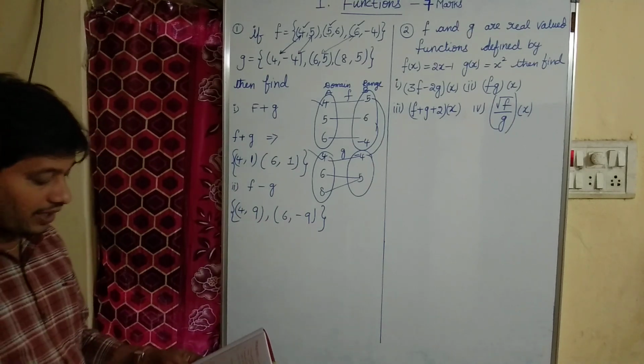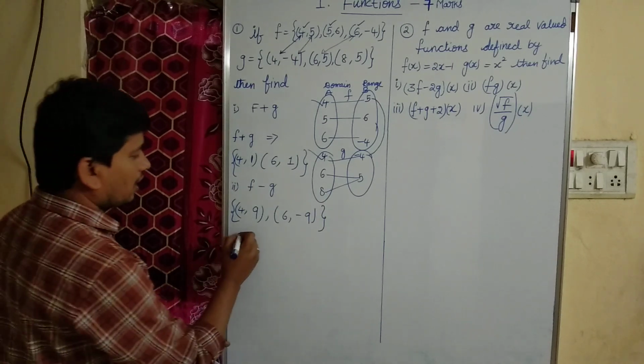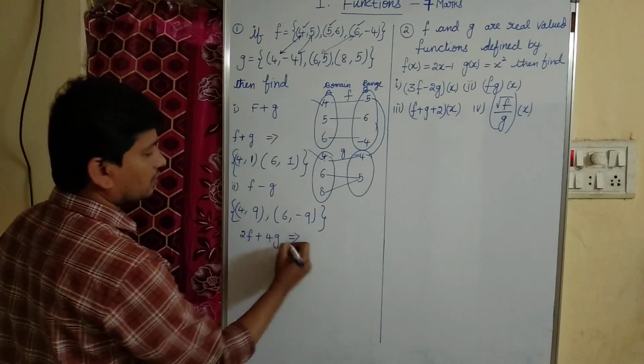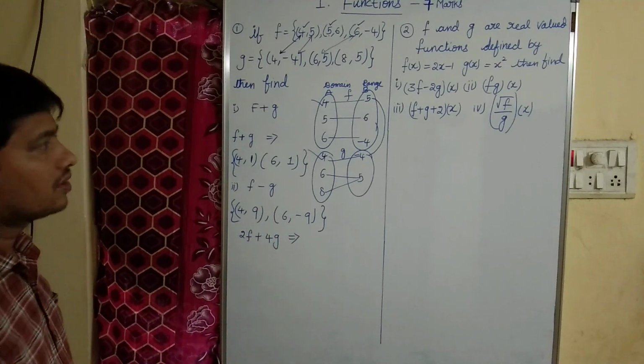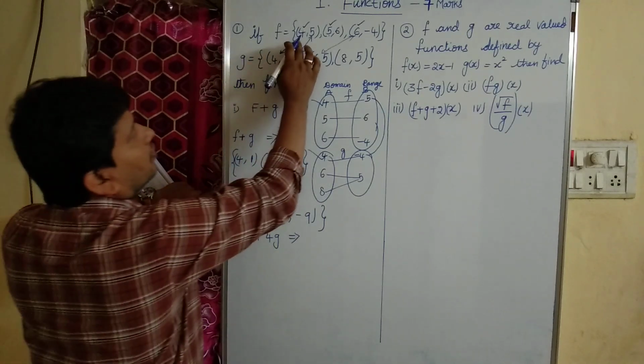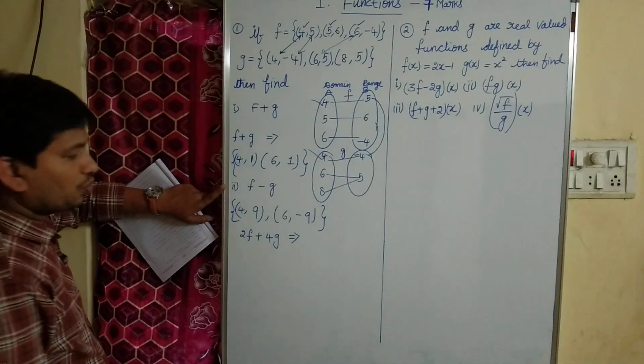The next one is 2f plus 4g. Suppose they may ask to find out 2f plus 4g. So what is f here? f is here 4 to 5, 5 to 6 and 6 to -4. Okay. 2f means